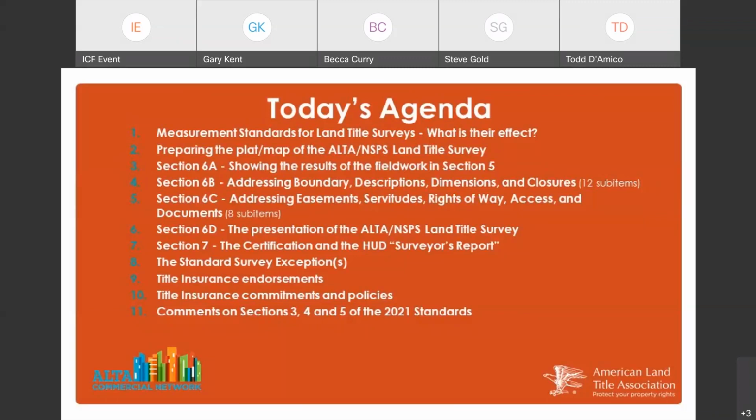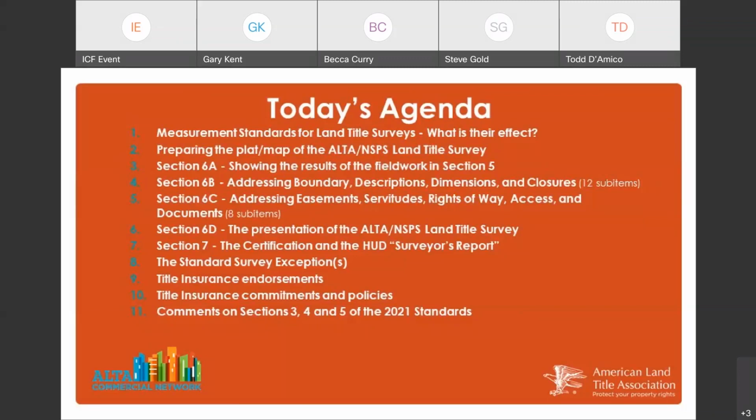We are going to go down through section 6. This is all of the stuff that goes into preparing that document that's going to be provided to the client, to the title company, to the lender, to HUD for their review. So there's a lot that goes into that. We're going to talk a little bit about section 7, the certification and the HUD surveyor's report.